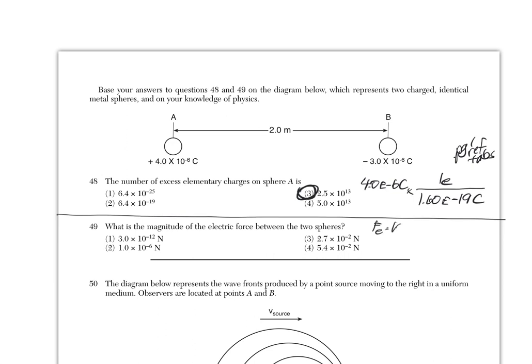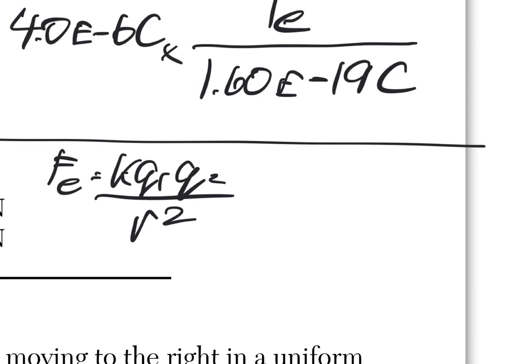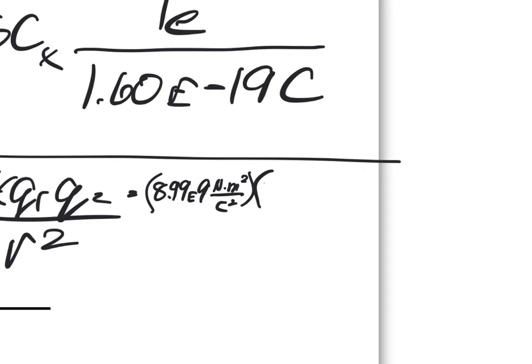My electrostatic force is k q1 q2 over r squared. So let me give myself a little bit more room. The electrostatic constant k is 8.99 times 10 to the 9 newton meters squared over coulomb squared. And then my two charges are, let's see, this is magnitude, so I don't really care about the positive or negative, just the amount. 4 times 10 to the negative 6 coulombs, and 3,